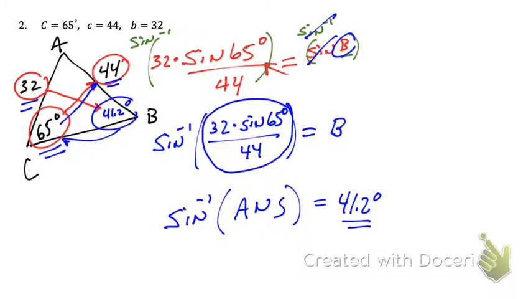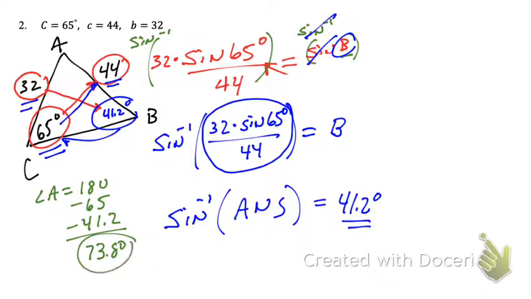Next thing we can do right off the bat is we can find angle A, because we know two angles. So let's just subtract from 180. And we get angle A to be 73.8. Okay. Now what do I notice about that? That's my largest angle. So that means when I find side A down here, it had better be bigger than 44. Well, how would I find